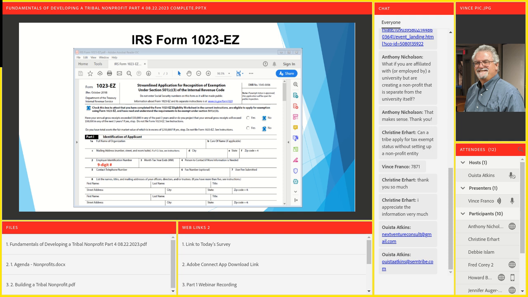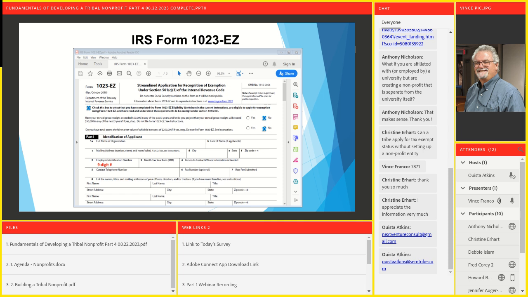All right. So this is, again, back to reality here. Here's page 1. Part 1 is pretty straightforward. Name, the legal name of the organization, right off of your articles of incorporation, your mailing address, and kind of in the middle of the page there, it says 9-digit number. That's your EIN number that you have. Hopefully you did do it. You do have the 9-digit EIN number that you can plug in there. Next to that, it's asking you about your tax year, whether you're on a fiscal year or a calendar year. Contact phone number, et cetera, et cetera.